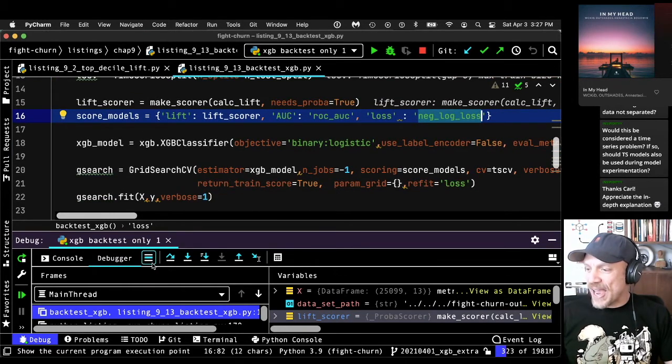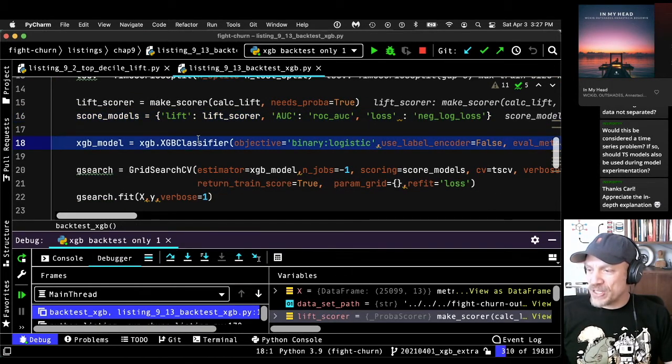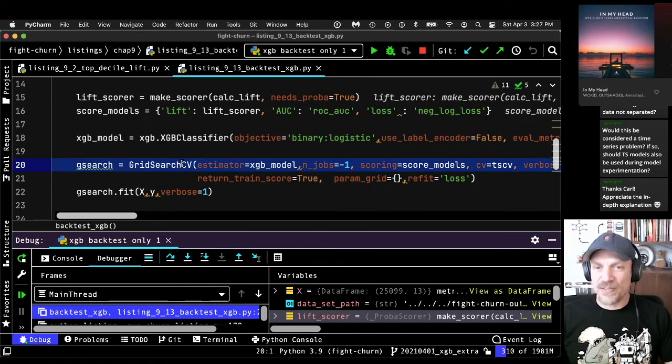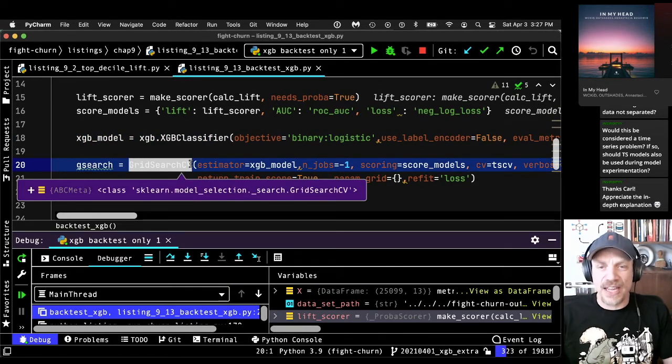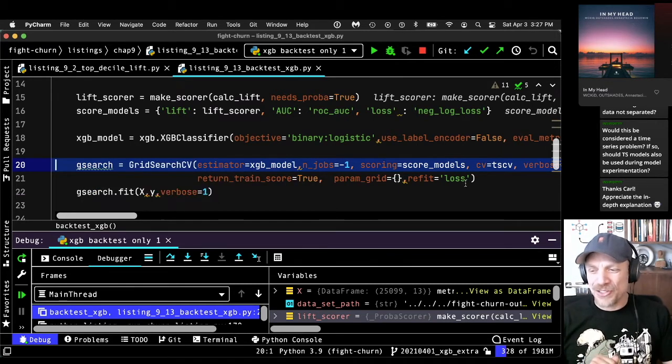Then we create the XGBoost classifier, just as we did before. And next we create a GridSearchCV object. The CV stands for cross-validation, which we're going to talk about more in just a minute. Right now, we're going to do a backtest, but not a cross-validation, and I'll explain why in just a minute. But you use the same object.